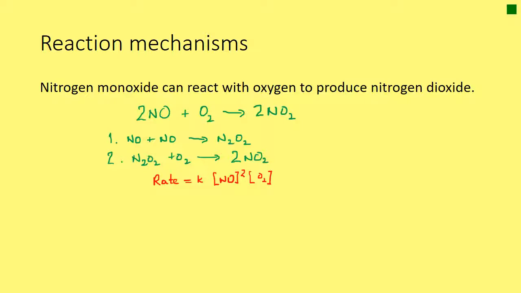N2O2, the molecule called dinitrogen dioxide. And then what happens in step 2 is that the dinitrogen dioxide reacts with an oxygen molecule and makes 2 molecules of nitrogen dioxide. And what we have to do is figure out the rate determining step. So we can use